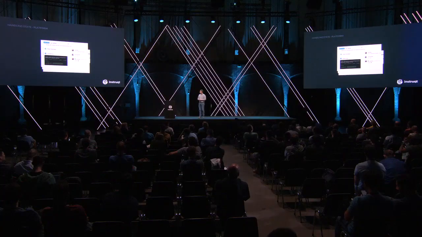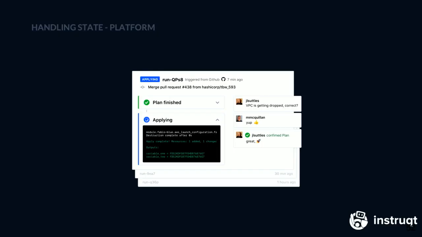Just a quick example, I took this picture of the website. I don't have a running example for you, but the fact that you can have a discussion around Terraform plans, much like you would in a GitHub pull request, is very helpful. You can double check whether you're not destroying something that you shouldn't, which is really helpful.